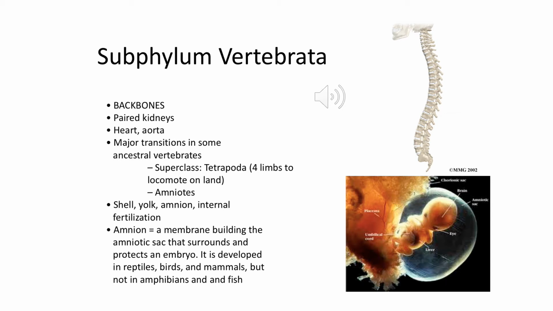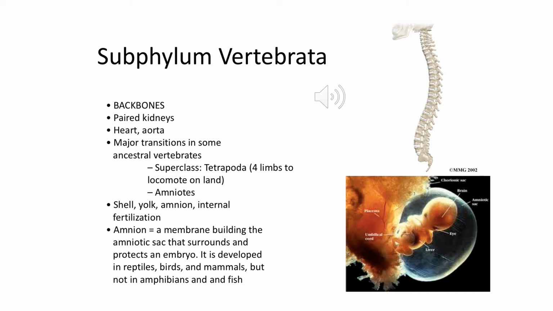So within our kingdom of animals, or Animalia, we have several phyla. And all of our primates fit into the vertebrates. So the vertebrates, we all have a backbone, right? Some other characteristics that we all share, in addition to those vertebral columns, are we have paired kidneys, we have hearts and aorta,